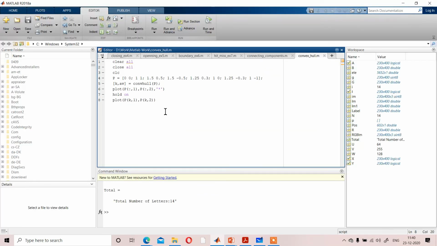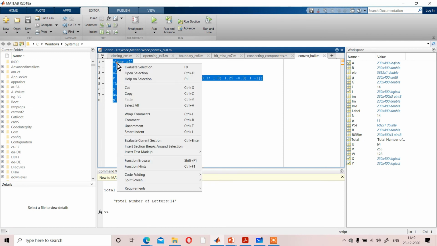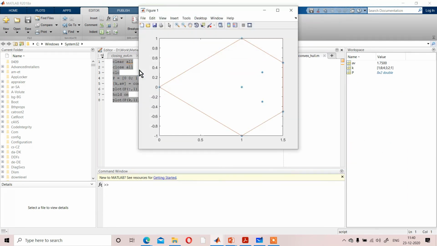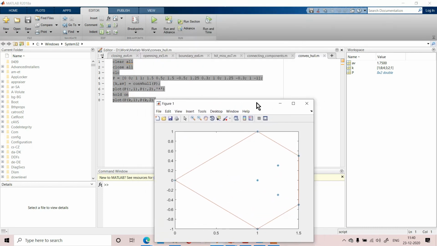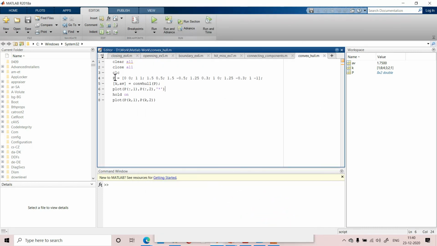If we consider the code, so that is your convex hulls. You have 1 2 3 4 5 6 7 8. It's a simple example. I have considered 8 number of pixel position.